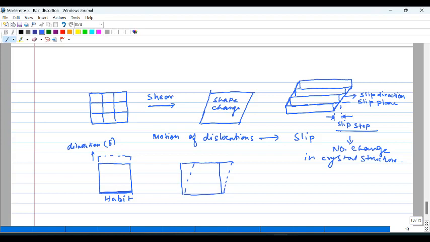So this is another term that you need to get familiar with when you talk about Martensite transformation. Okay, so this is the habit plane, which is nothing but the interface plane, the interface between the austenite and the martensite. So the martensite grows across this interface plane. Okay, so this dilatation that you have, that is perpendicular to the habit plane, and the shear